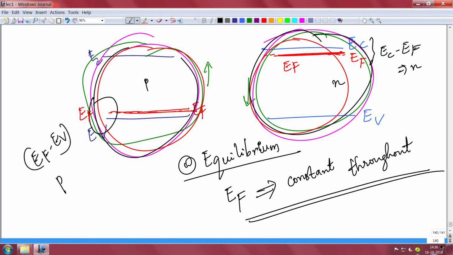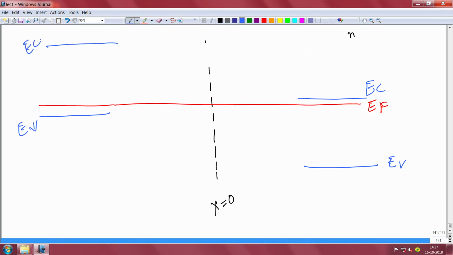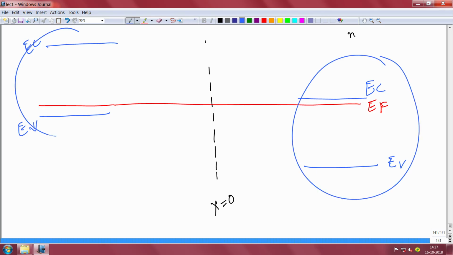Okay, so far away from the junction, this is the n side, right? Far away from the junction, your conduction band and Fermi level have to have the same difference. This is the valence band, and far away from the junction on the p side also, this is your EV, and this is your conduction band EC, this is the same. So you see this particular region and this particular region is the same before and after joining, but the Fermi level has now aligned. If you look carefully at the red colored EF, the Fermi level has aligned, right?